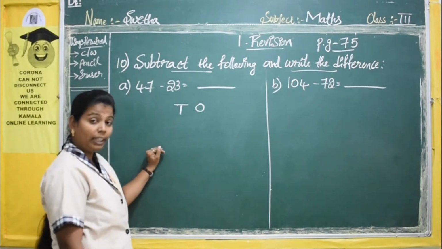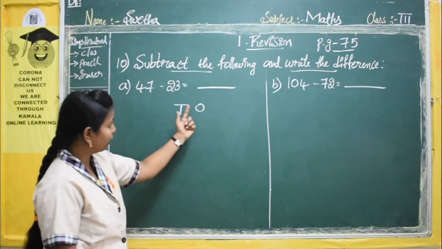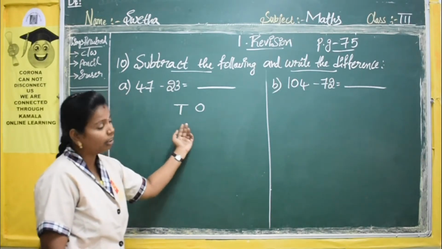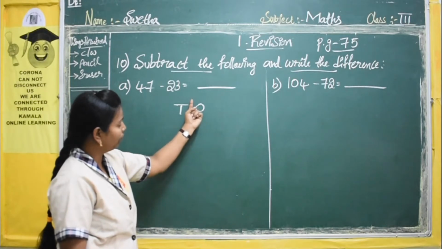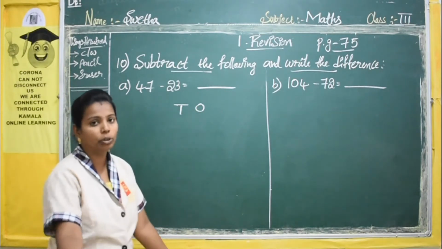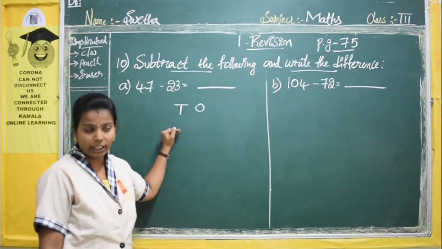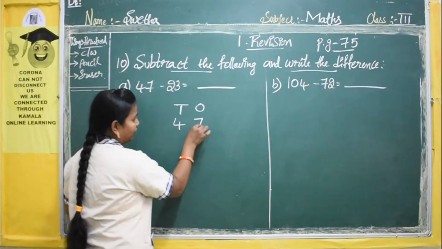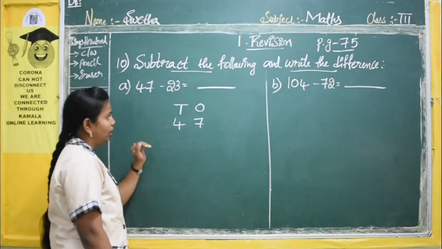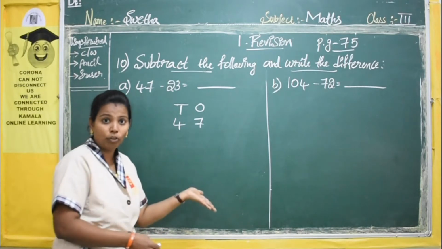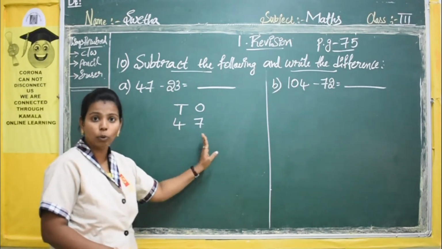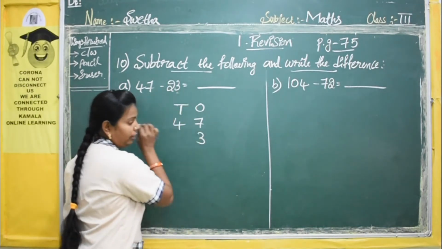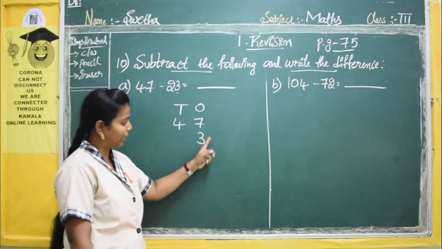When you are copying the problems, you have to take a finger gap between each and every number. Here I have also written the places. See my space between these two letters. You also have to give finger space between the numbers or the letters. So here the first set of number is 47, 4, 7. For the second set of number, as I said before, when you are copying you have to go from the last. The last number here is 3.